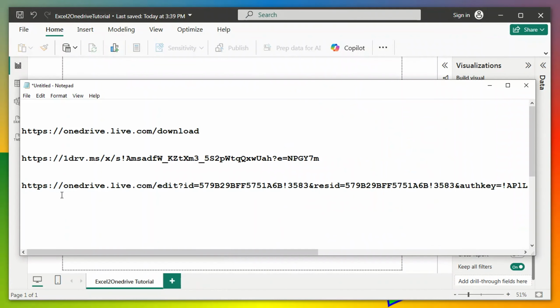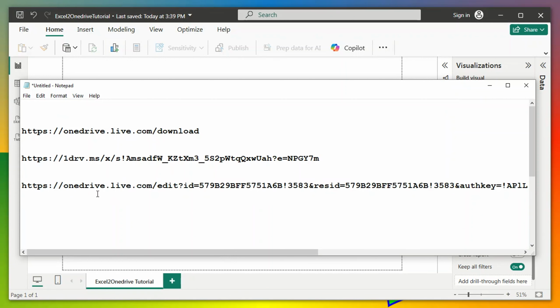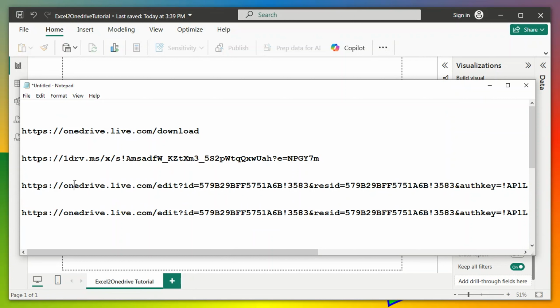Then this is the trick, the one that will make it work. Remember, this is the last code. So I'm going to duplicate this code, come down, so that in case we miss any of the line. So what we need to do, if you look at this, from anything from the question mark will remain for this code. From HTTPS to edit, we replace it with https://onedrive.live.com/download. We copy this, Control C,